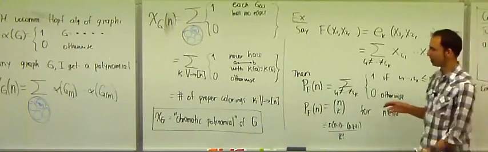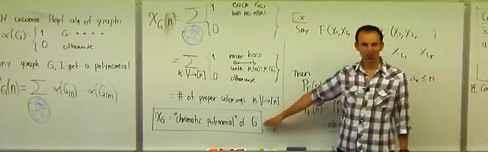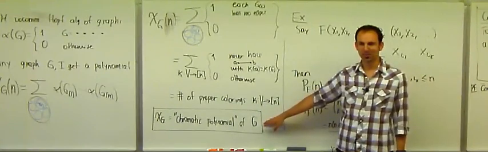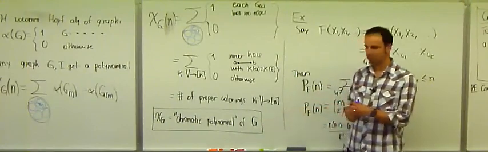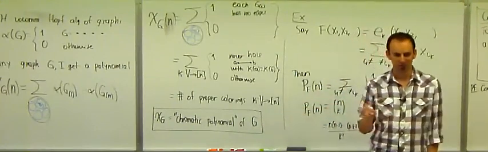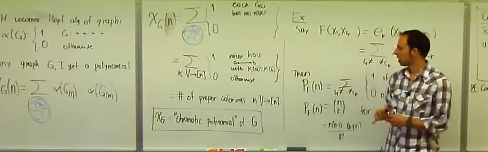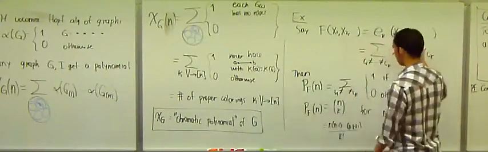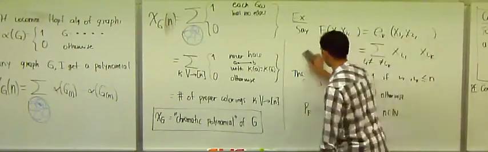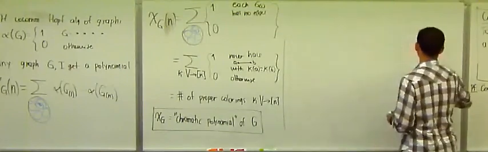Now, I don't know. Who has studied the chromatic polynomial before? Maybe some of you have seen it, maybe some of you haven't. Okay. So let's think about this now from scratch. Okay. So I think some of you know and love this polynomial, and some of you maybe are seeing it for the first time. And by the way, where does this come from? This comes from map coloring, where really you have